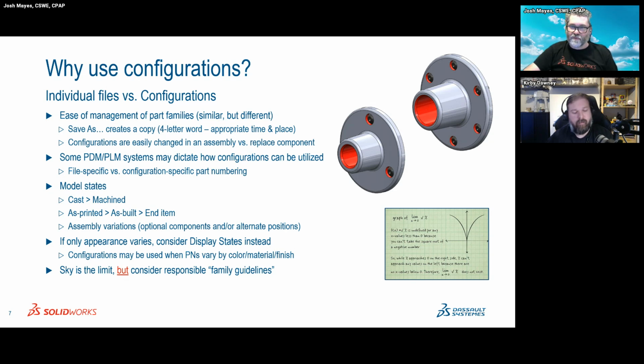Or we're going to allow the length of a flat or a keyway to change, but if it changes from a keyway to a flat, well, that's a different family. And so that helps you to just limit the total number of variants and keep the file sizes and the file management more